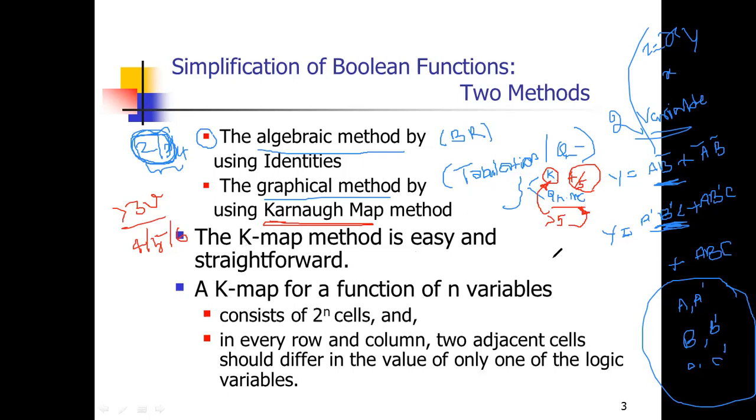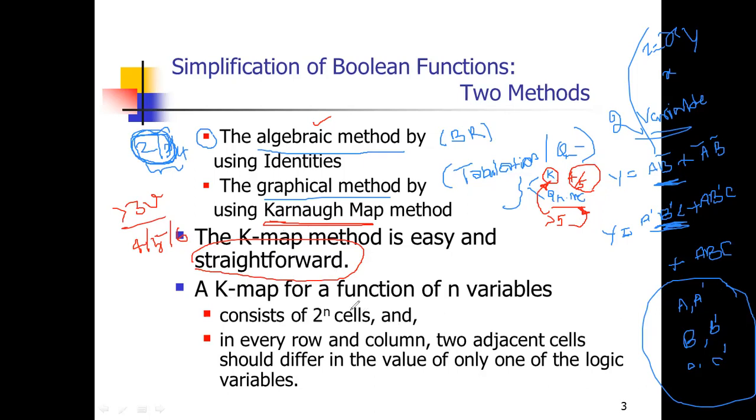So out of which, this method is somewhat difficult because it gives a larger number of steps. That is a drawback of this particular method. And then this is a very simple method, tabulation, a very easy and straightforward method. Then its extended method is called the Quine-McCluskey method. It is also simple, but we should follow certain rules and regulations.